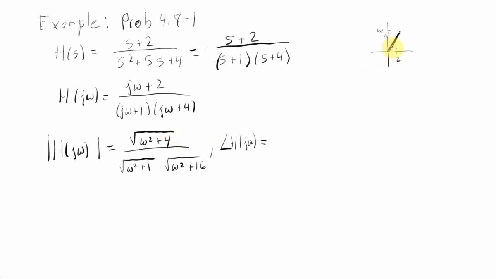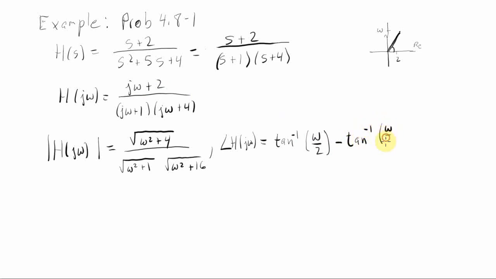This angle is the phase angle. It's the counterclockwise angle from the real axis. From basic trigonometry, this angle is just the inverse tangent of this side, which is the imaginary component, over this side, which is the real component. So more simply, the phase angle of a complex number is just the inverse tangent of the imaginary part over the real part. And then now I subtract the angles of the denominator terms,